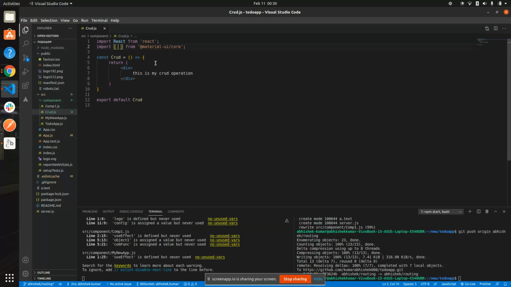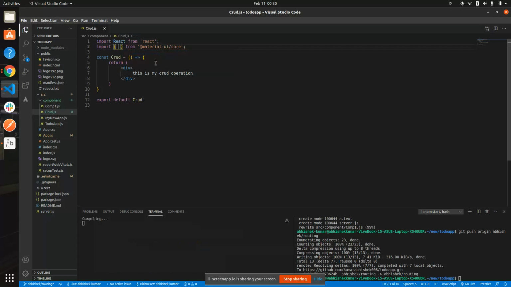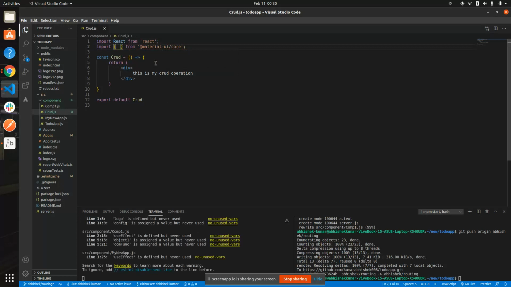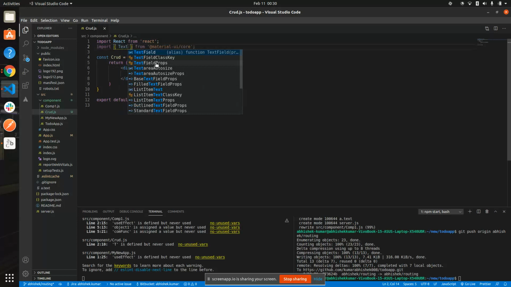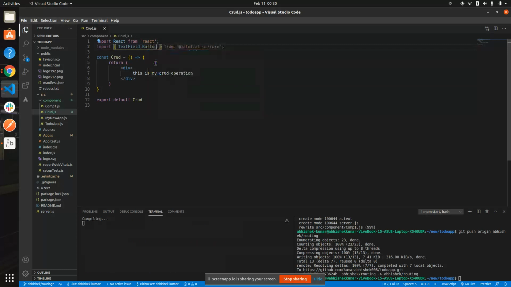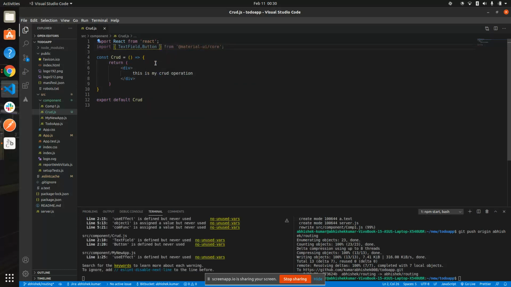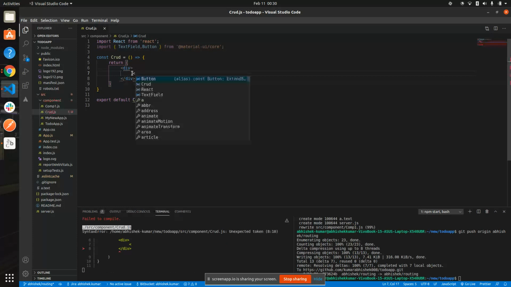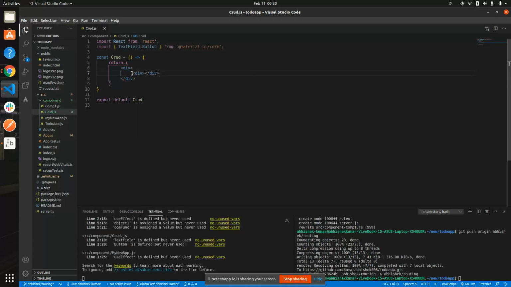Let's import some components. We're going to use the form. No, we won't use the form like this. We're going to use the text fields, TextField, and we're going to use the Button. For now this is okay, and when we need more components, we will import them. So make a div here, and type an h3 tag inside of this, CRUD